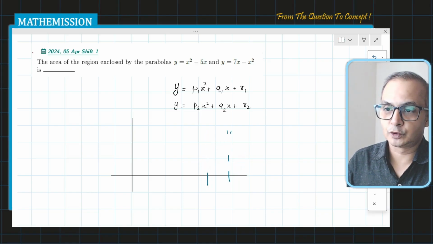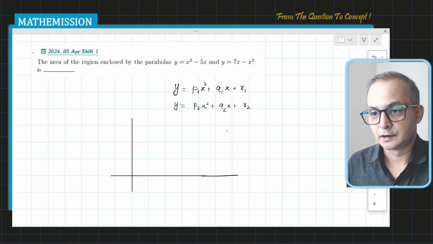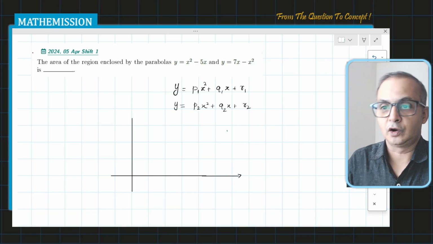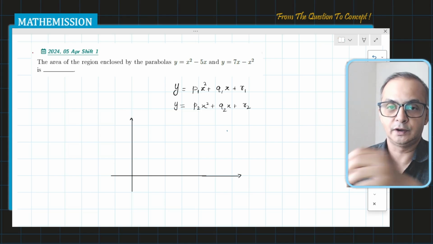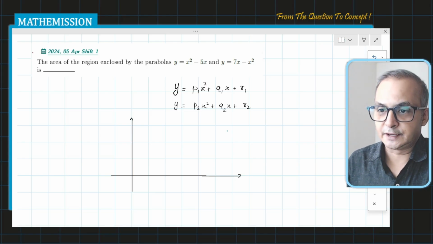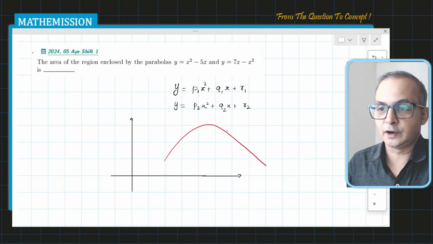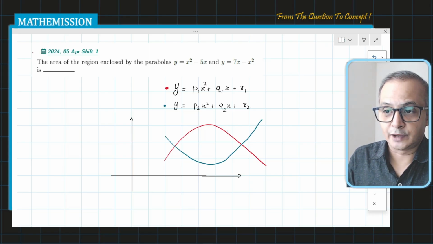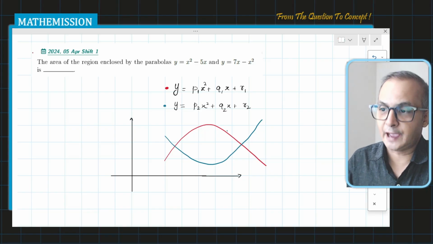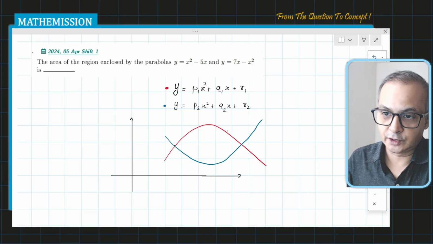So I'm assuming that the two parabolas are intersecting, and maybe both open up, or one of them opens down and one opens up. For example, suppose I'm taking this kind of situation, this is the upper one, and this is the second one, like this. And believe me, I'm not going to calculate the intersection point as we have to do while solving this question. So let's say I have the intersection points of these two